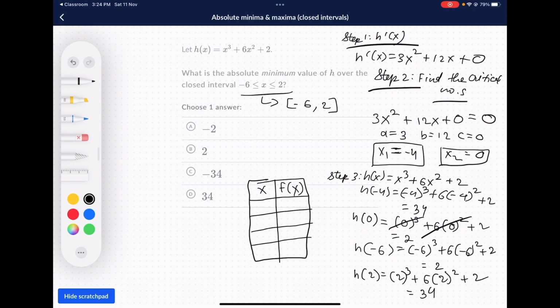So x can be negative 4, 0, negative 6, and positive 2. And when x is equal to negative 4, h of x is equal to positive 34. When x is equal to 0, h of x is equal to positive 2. When x is equal to negative 6,